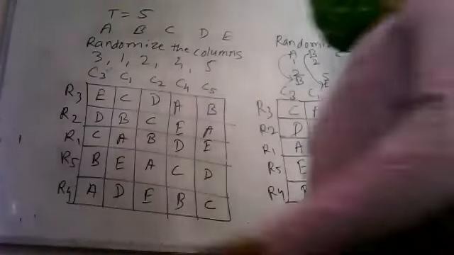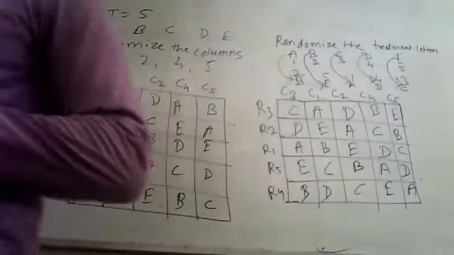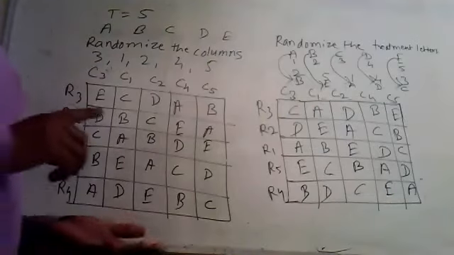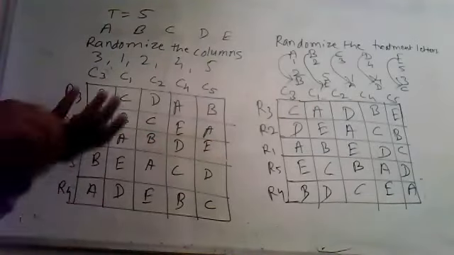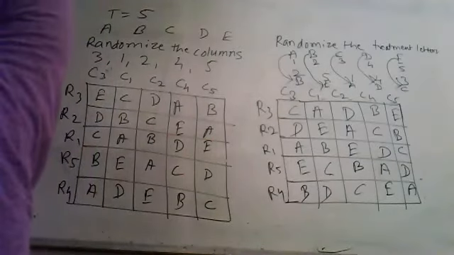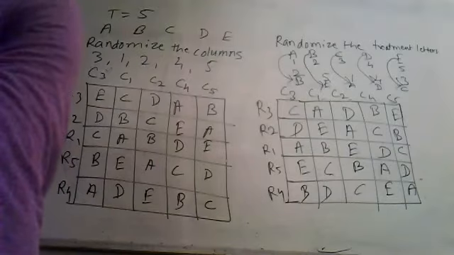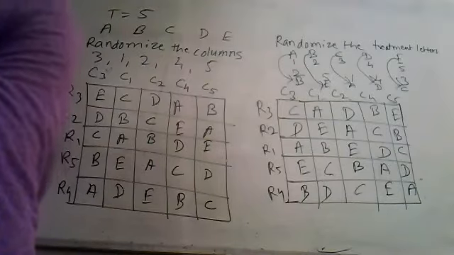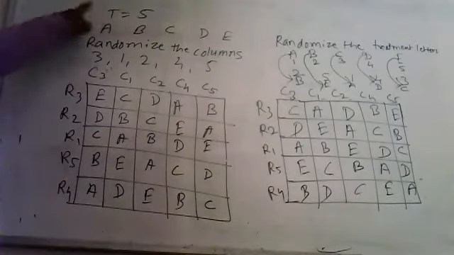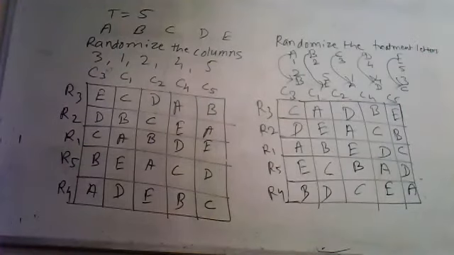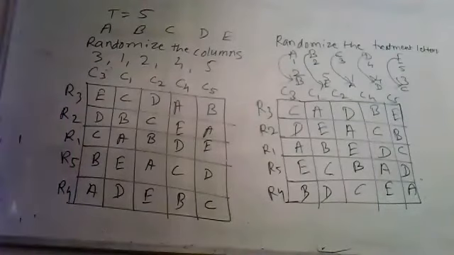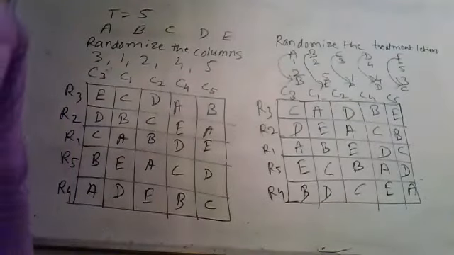So this is the layout and randomization procedure for the Latin square design. What is the first step? First, select the reduced Latin square. If you are having 5 treatment, then you have to select the Latin square of dimension 5 by 5. If you are having 6 treatment, then you have to select the Latin square of size 6 by 6. We are using treatment 5, so we have selected 5 by 5 Latin square, which is given by Fisher and Yates. Then in that Latin square, we have to apply the randomization process.